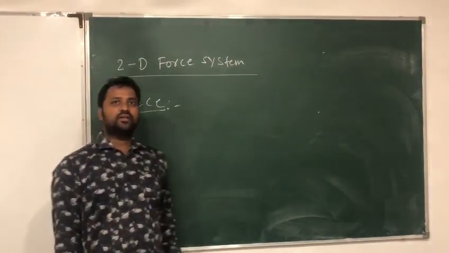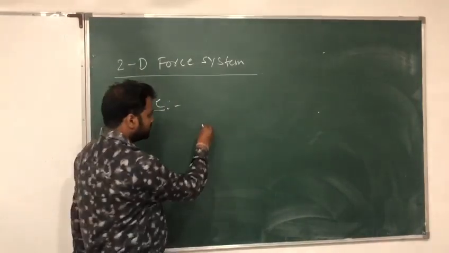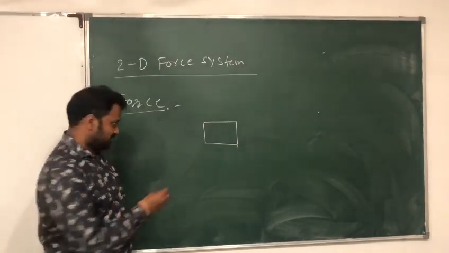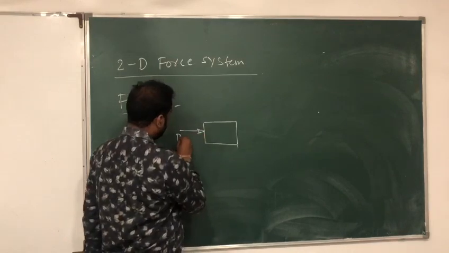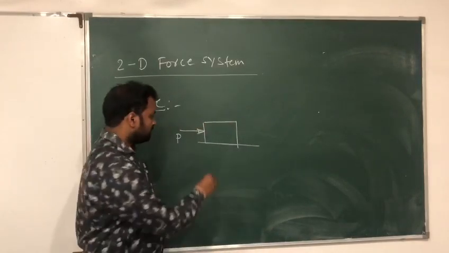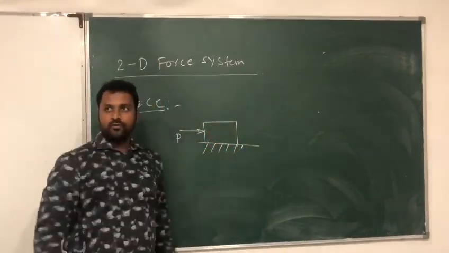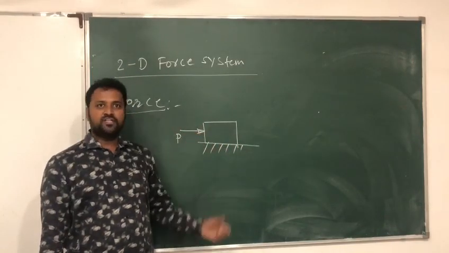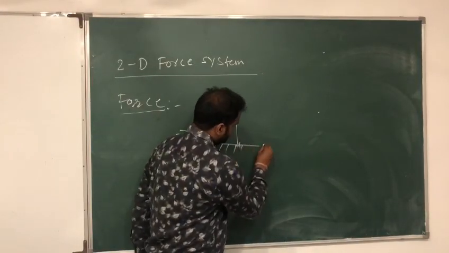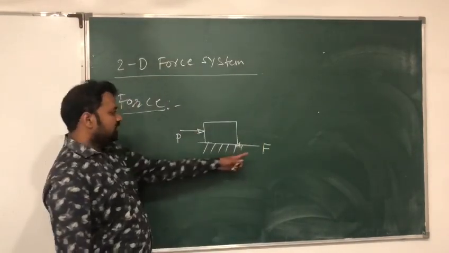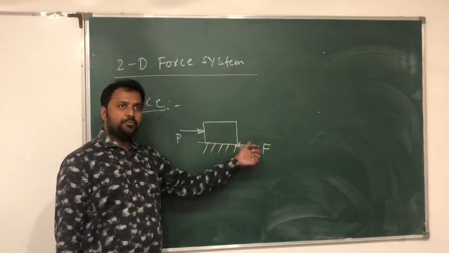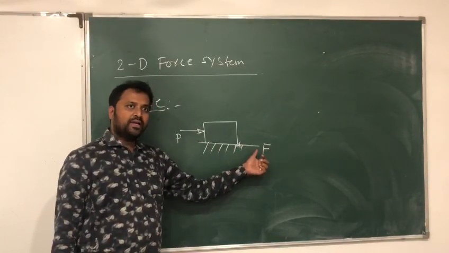Force is nothing but a vector quantity which tries to change the position of the body from rest to motion or motion to rest. Okay. So suppose this is force P which is applied on this object. Suppose this body rests on the ground surface. When two bodies come in contact, there is a frictional force which acts opposite to the motion. Suppose this frictional force is acting at the two contact surfaces, and this frictional force is always opposite to the motion of the body. Here P force is acting left to right and frictional force will be acting right to left.